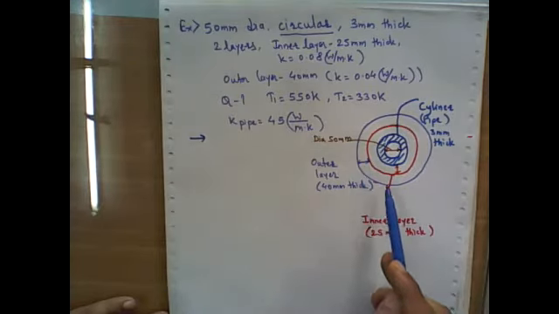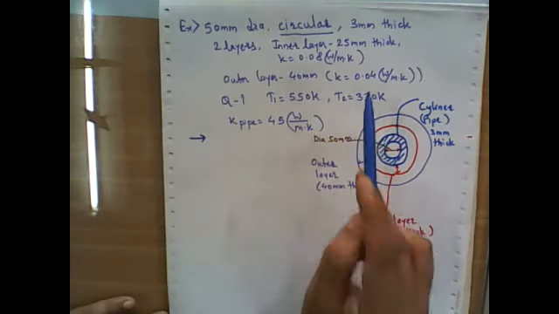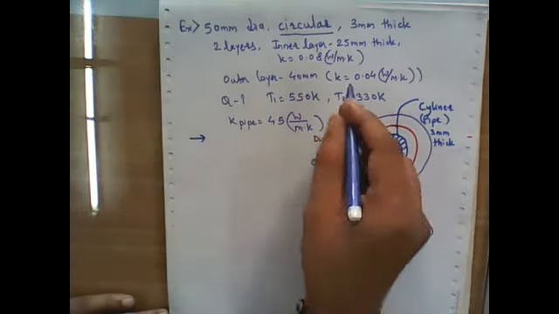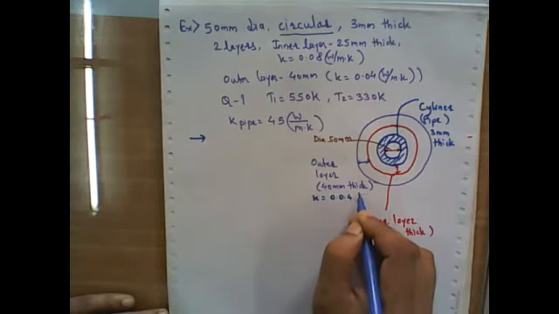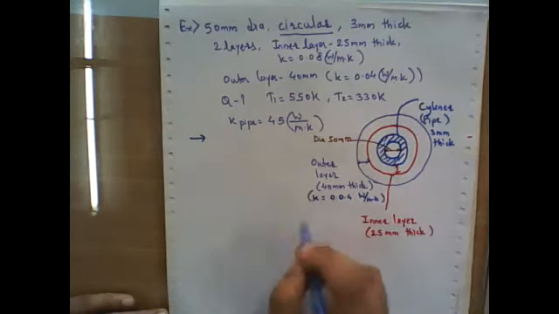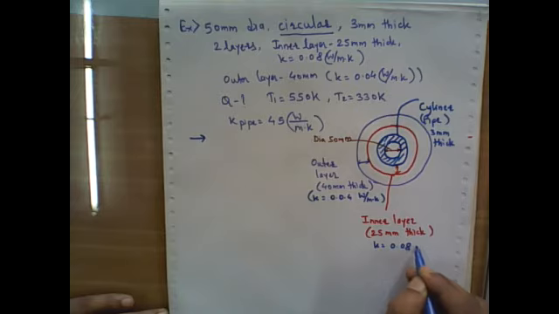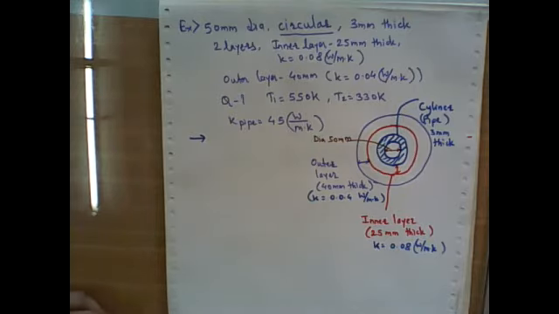So they are the inner and outer layer having the thermal conductivity 0.08 and 0.04 respectively, right? So this is this layer, second layer, value K is 0.04 watt per meter Kelvin, and the inner layer value is K equal to 0.08 watt per meter Kelvin. So the respective values of thermal conductivities are also given. Then the thicknesses are given.